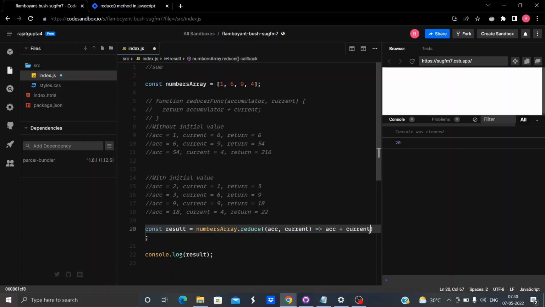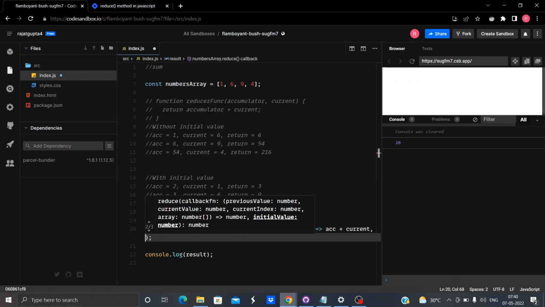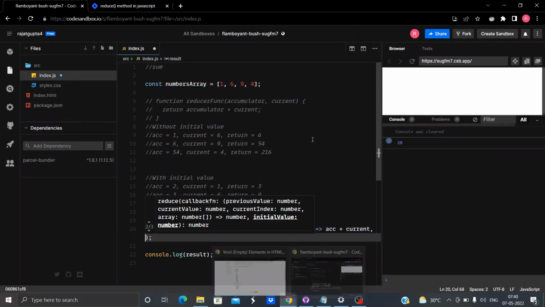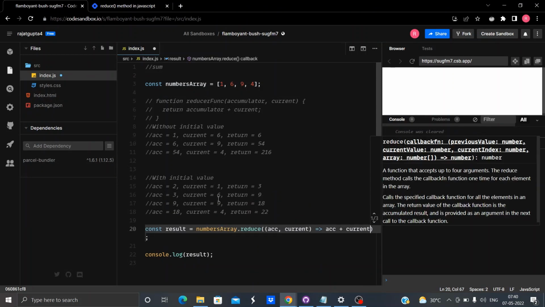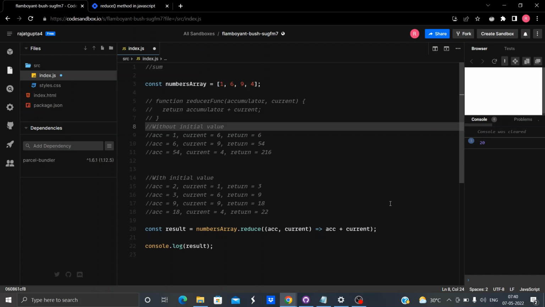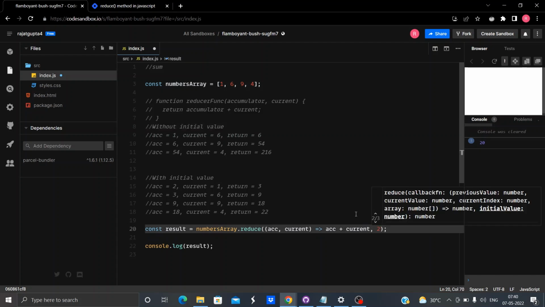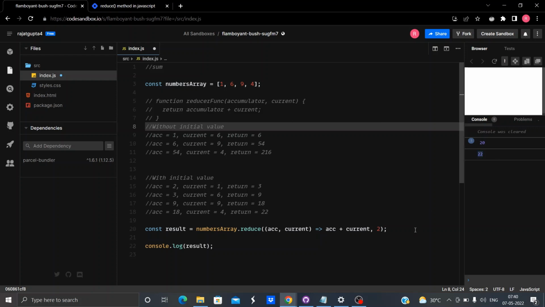And when we are providing an initial value, just provide the initial value here. Okay, so when we provide the initial value, see, now we are getting 22. We provide the initial value in the same way. The only difference being, instead of writing the function name, we are using the arrow function.